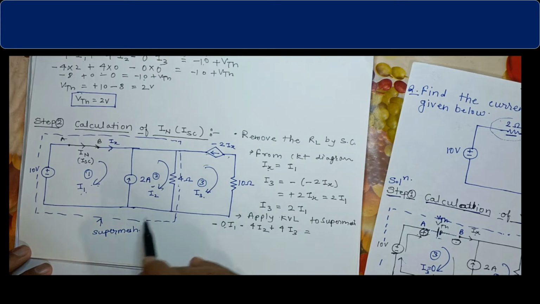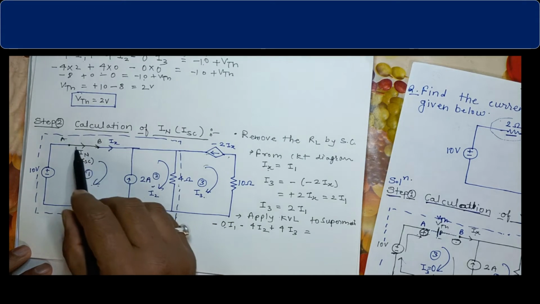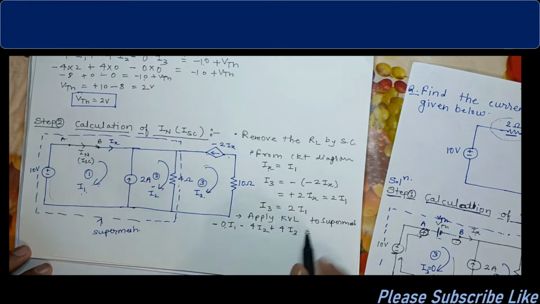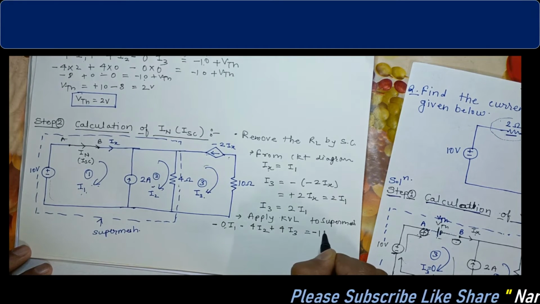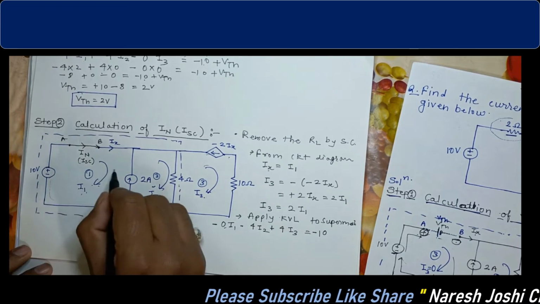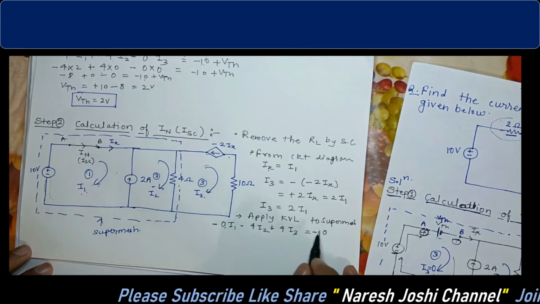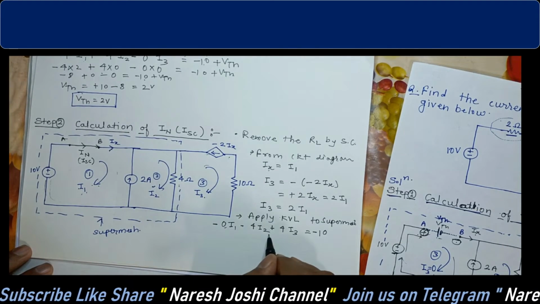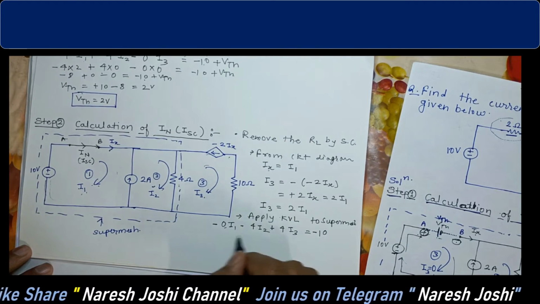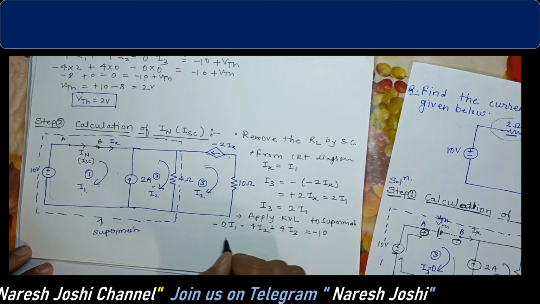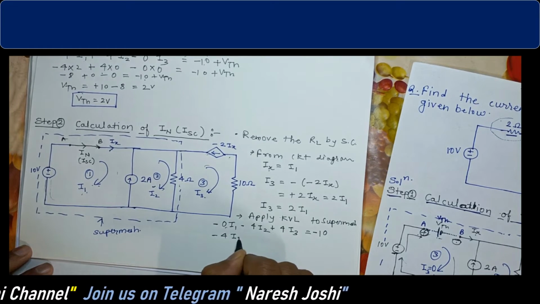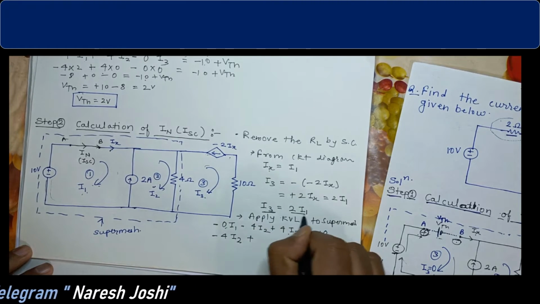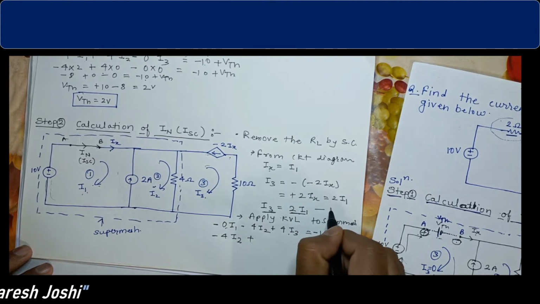Now we have to move to the voltage. So you have to follow this path, you have to come in this direction. Here it is minus 10, so I will simply write here minus 10. So this is another voltage, no voltage. Now it is finished, so we have to do the simple calculation. This already becomes 0. Minus 4I2 plus 4I3 equals minus 10. Clear? So you can consider this as equation A.